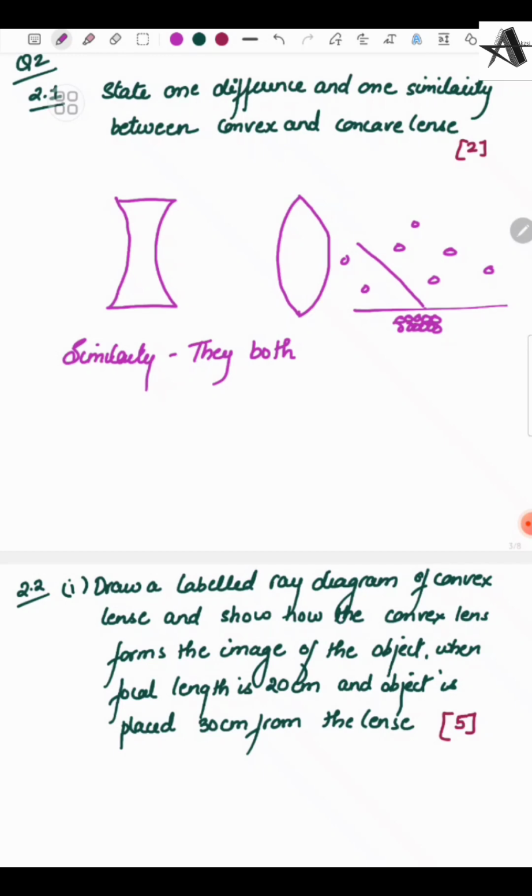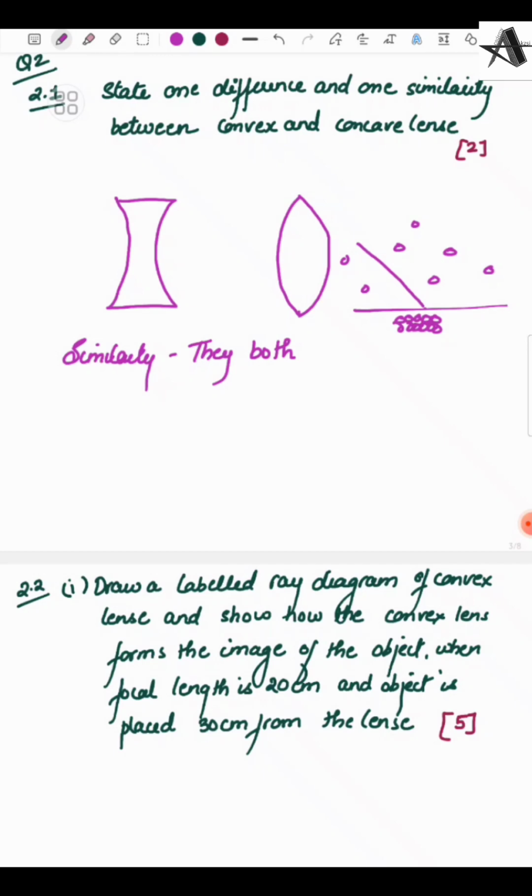Clearly, if you are moving in a very crowded place, or in a place where there is no crowd, obviously you can run where there is no crowd. Similarly for light. Light can move faster in a less dense medium, where the number of particles over a unit volume is lesser,